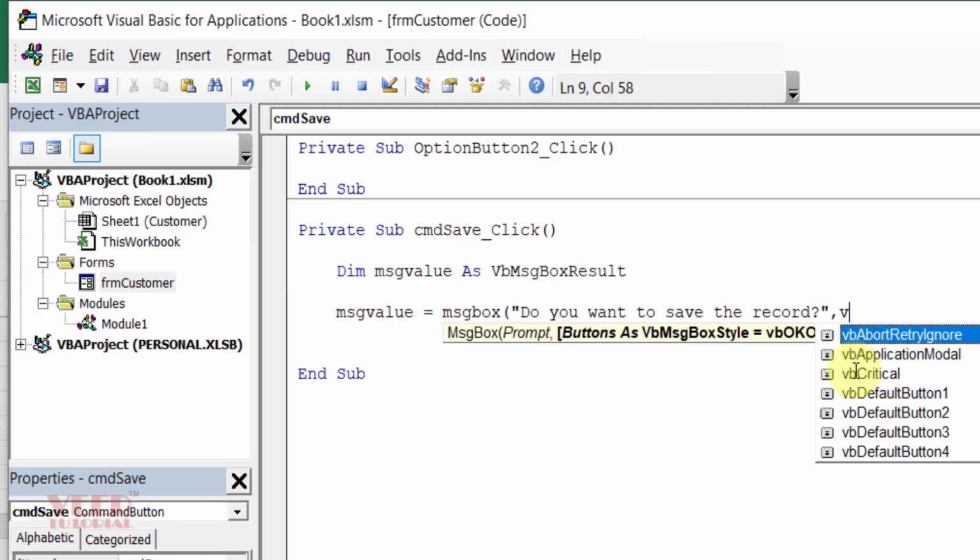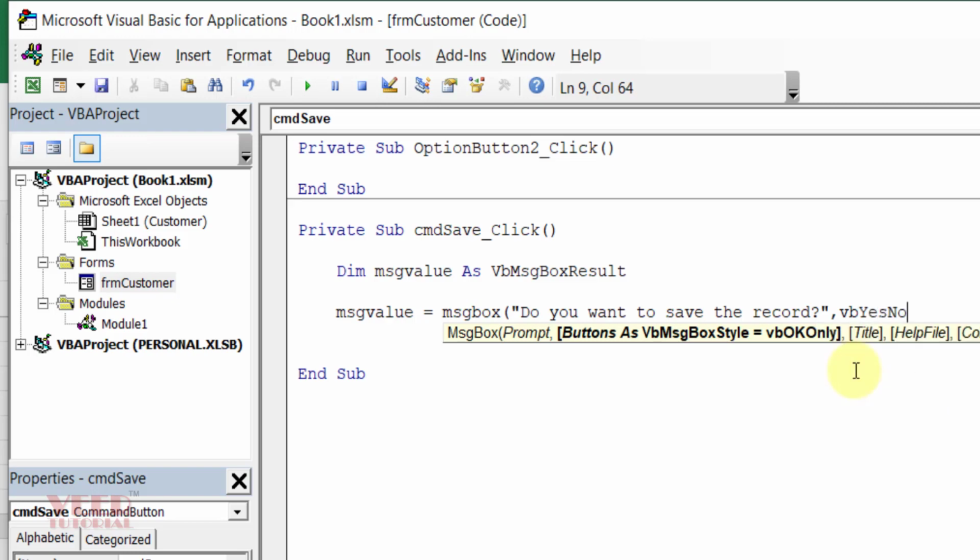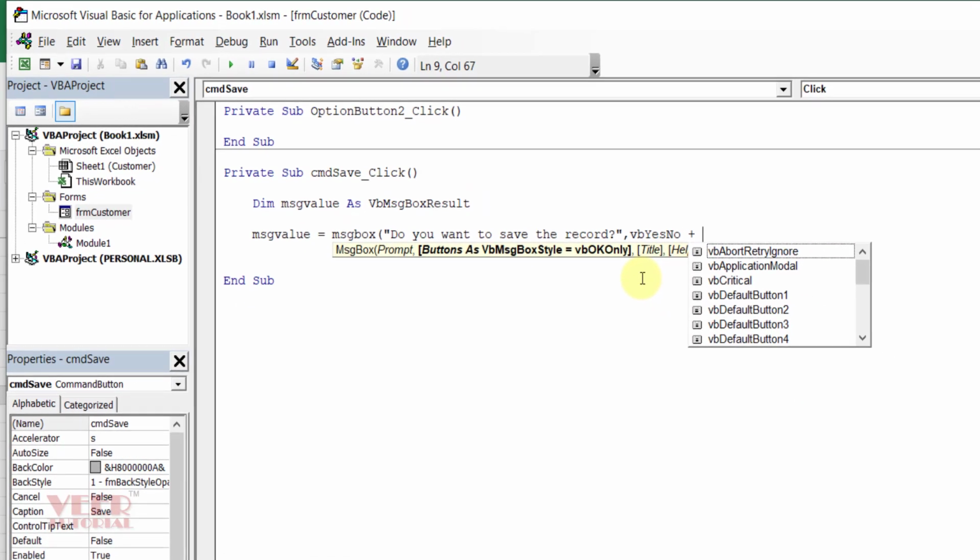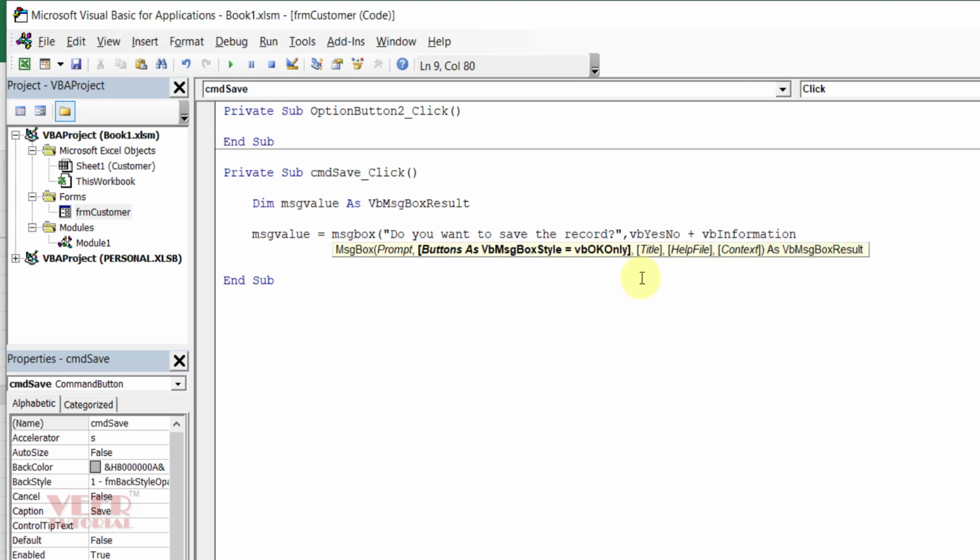We would like to see vbYesNo plus vbInformation, then close, and the title would be Confirmation, and I will close this one.